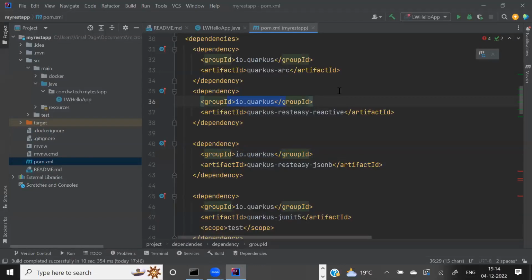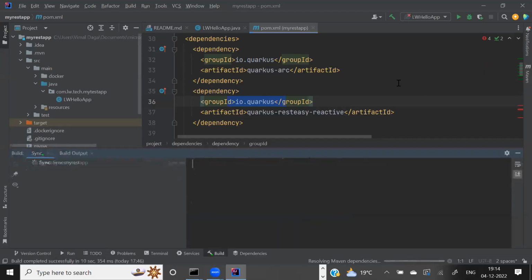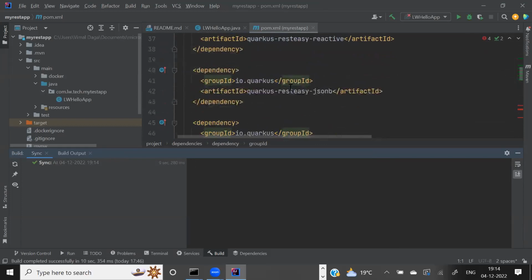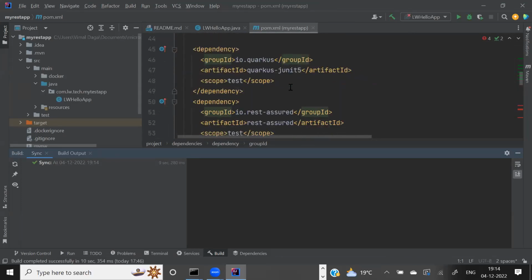When you save this project, your IDE will automatically download it through Maven for you. Or maybe you can say load Maven changes. There's an option here at the top. So you can see the sync option here on the left side. Sync normally means, based on this project, whatever changes in this Maven, any library you want to download, that's what it does. In my case, it does it very quickly because most of the things we have already downloaded.